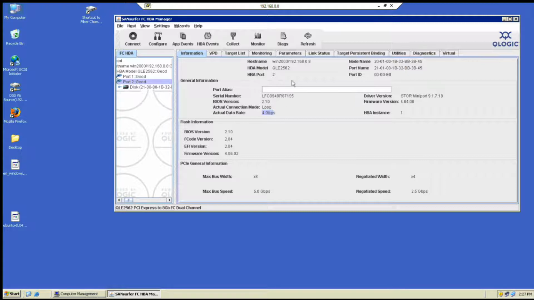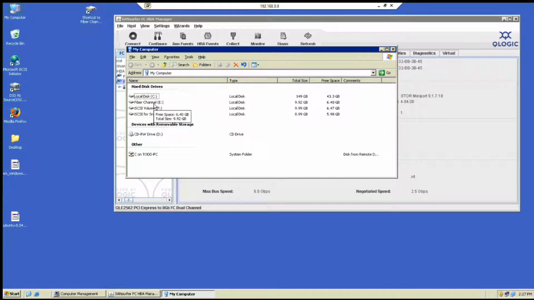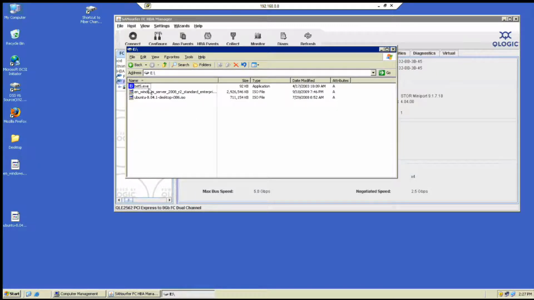Remember I mentioned that the DSS destination server is a 4 gig, yet auto negotiation took place in the Windows server, which has an 8 gig dual port on the 2562. So now let's check our drives. We see the Fibre Channel volume is still here.